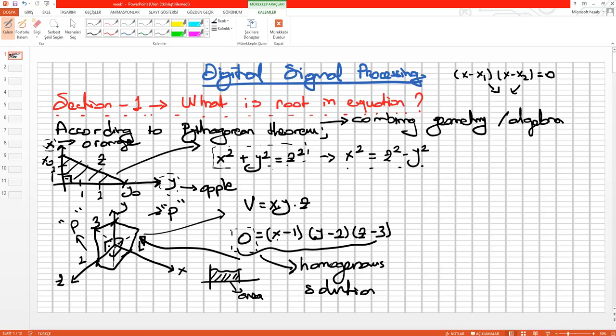Okay? And so what are the roots in this term? The roots 1, 2, and 3, right? And so these are the identical roots. These are the system roots. These are the independent roots to define a specific cube, just like any control system. Just remember that you have the transfer function in control system theory, right? And so if we need to analyze this system, we check the roots of this system. But why?